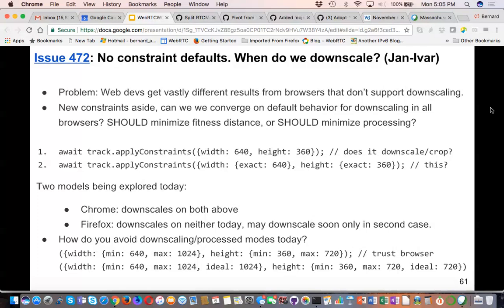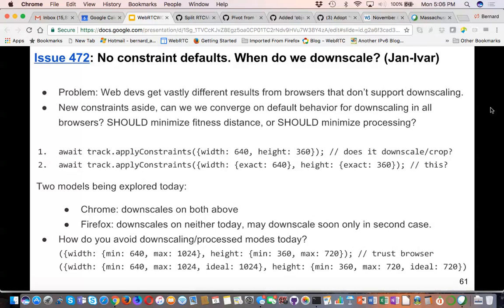But we were also concerned about the way the spec works: the fitness distance algorithm is applied on a UA-specific pool of available settings dictionaries. Firefox and Edge implement a pool of discrete settings dictionaries from a pool of continuous space, basically. But in a continuous space, there's very little discovery of the input.